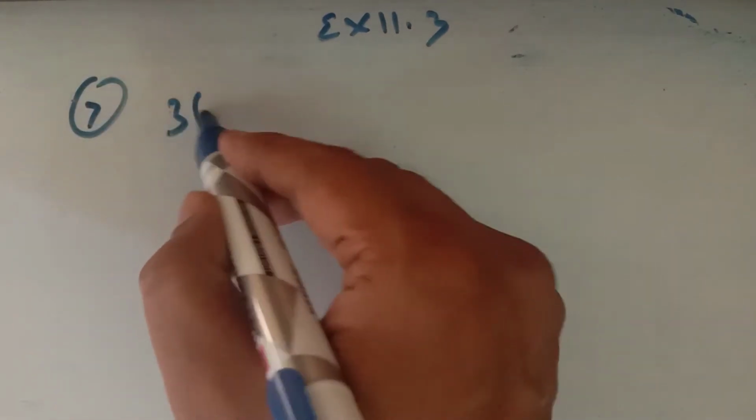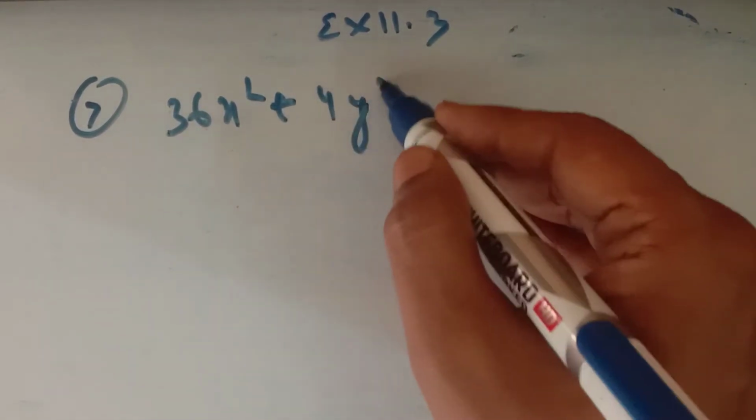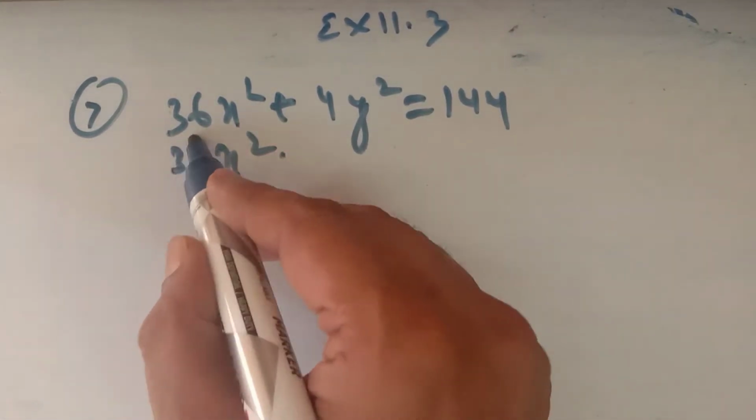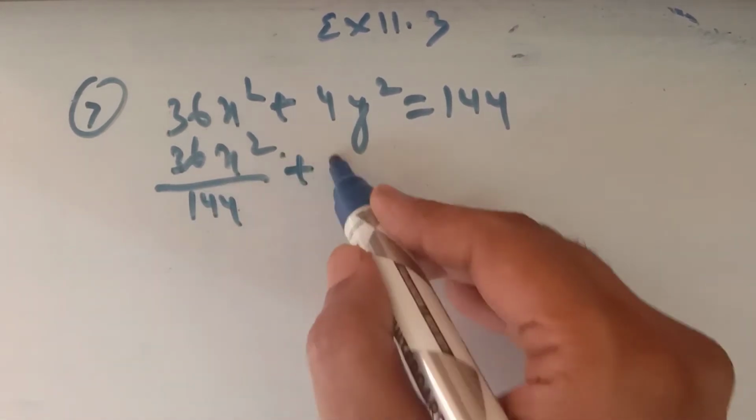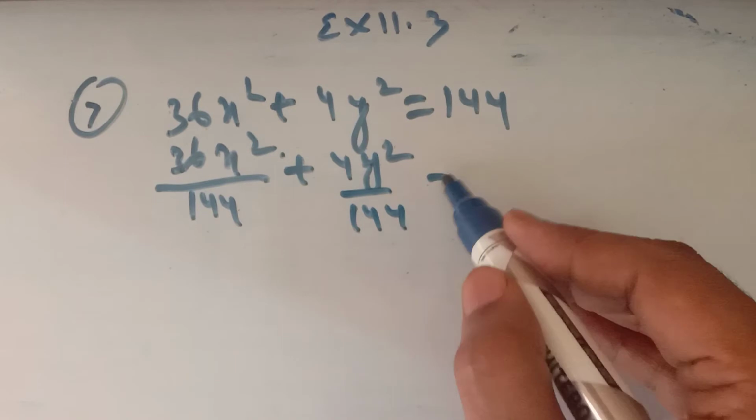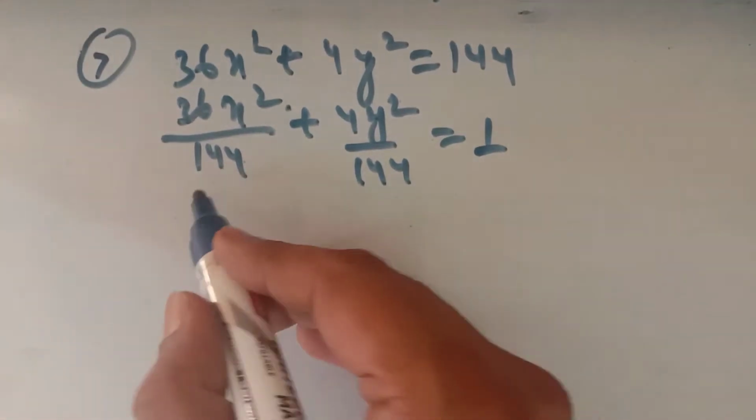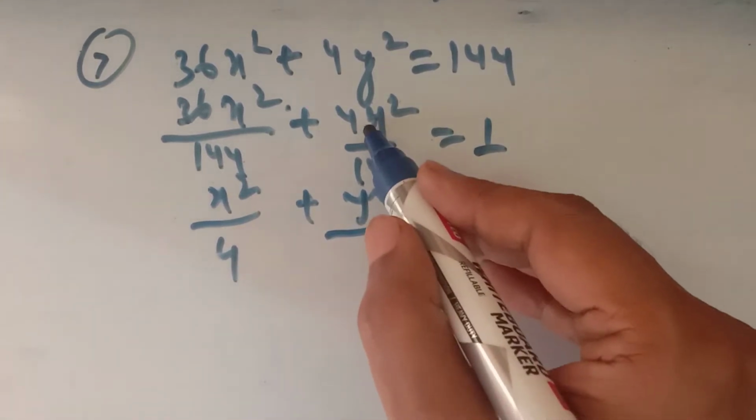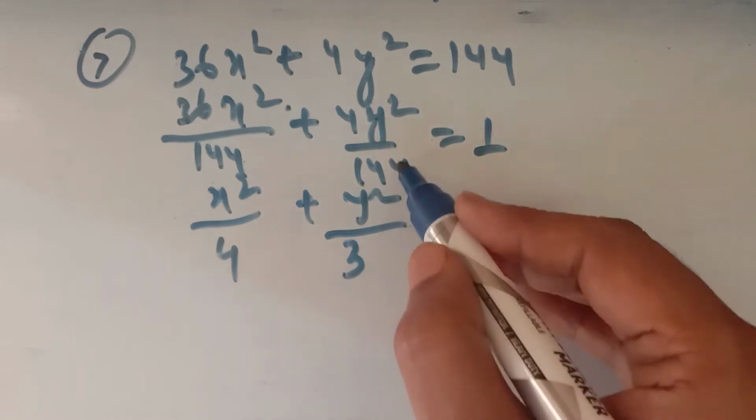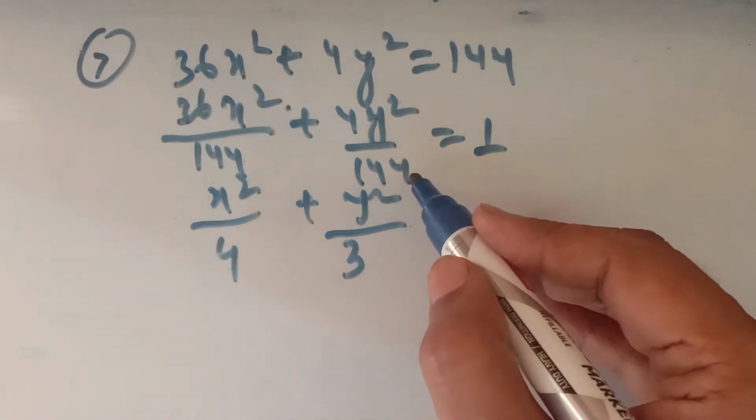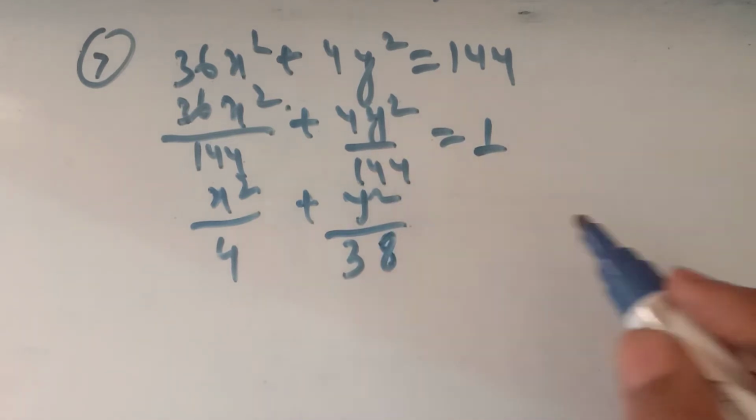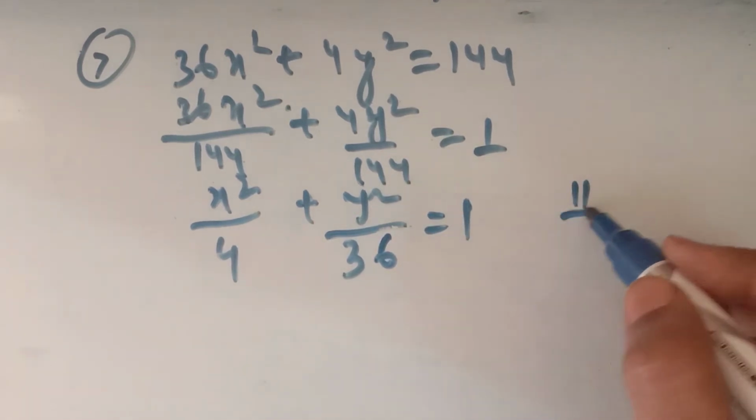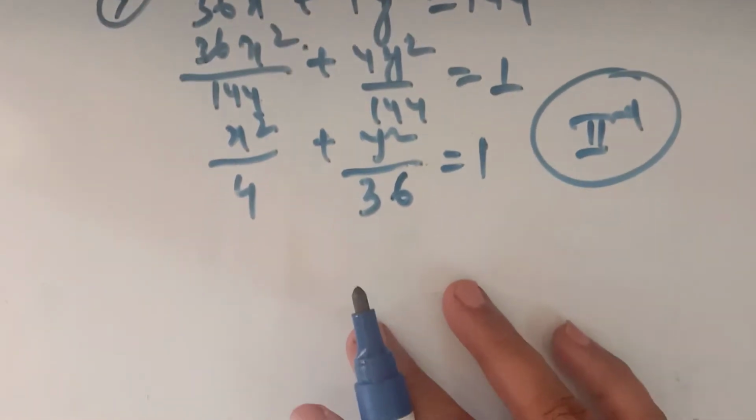Suppose we have 36x² + 4y² = 144. Because we have 144 on the right hand side, you divide the whole equation by 144 to get 1 on the right hand side, then it will become an ellipse. So x²/4 + y²/36 = 1. Now because the greater value is below the y², it is the second type, that is a vertical ellipse,